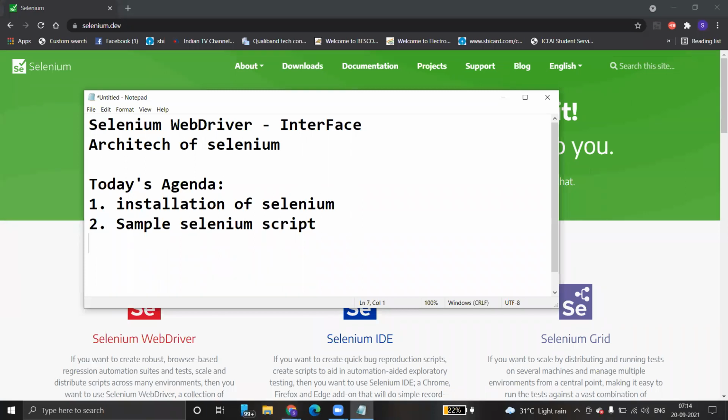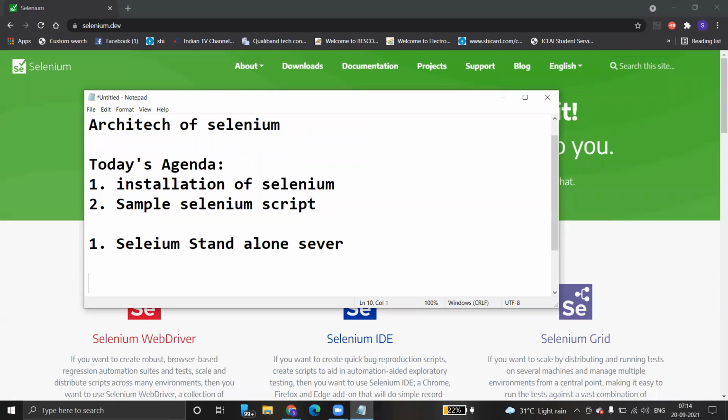First one is actually Selenium standalone server. This is the server which is pretty much required, because it basically sends the request and passes a response back. So it basically acts as a server.